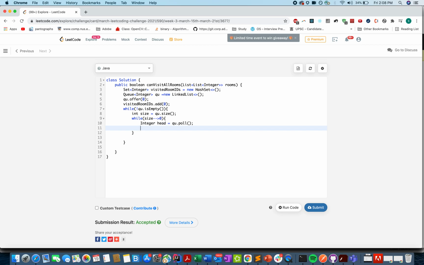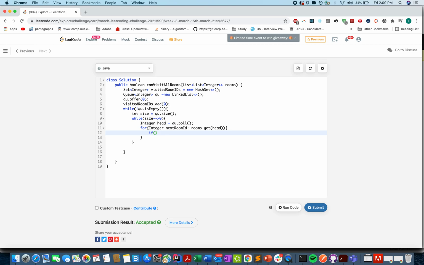And once you have that ID, you will try and add all its corresponding children room IDs into your queue. Integer next room ID. And how can we get that information? rooms.get(head).